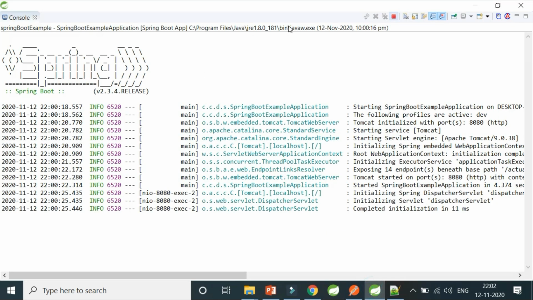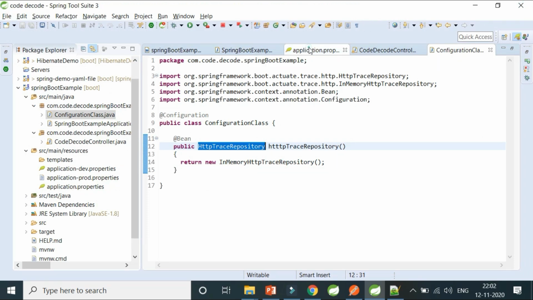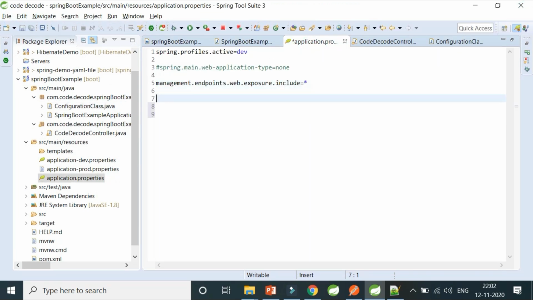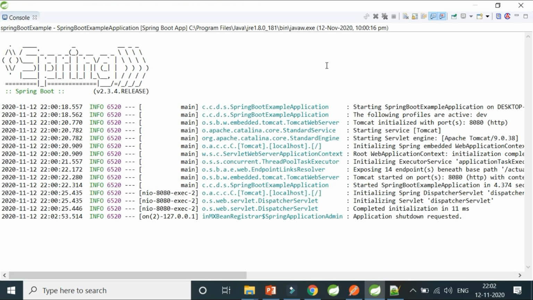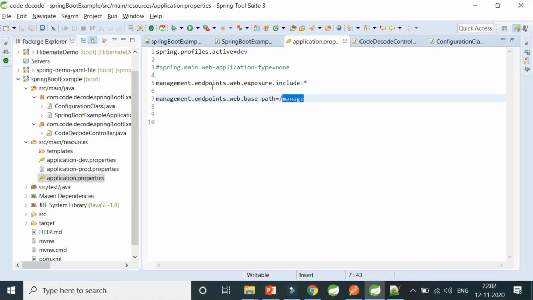You just have to go to your properties file. In that property file, you just have to write that please make my management endpoints start with the prefix of /manage. So now my /actuator will actually not work. Rather, all the endpoints that I've shown you earlier will be exposed over the /manage endpoint.